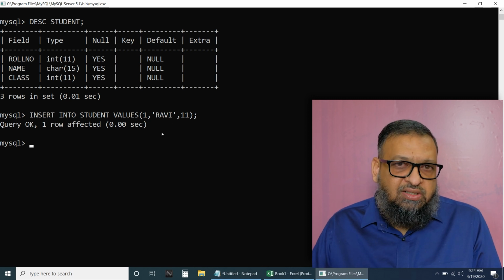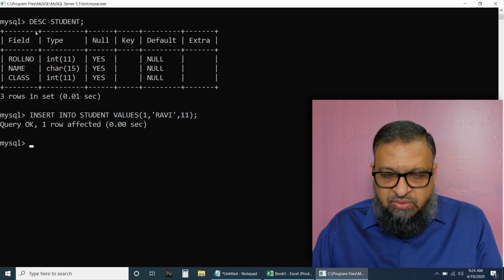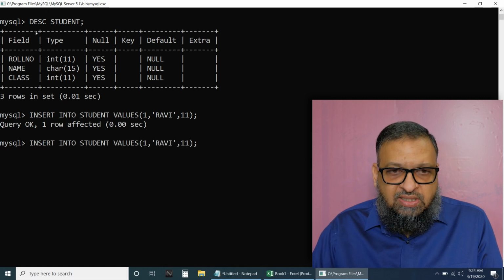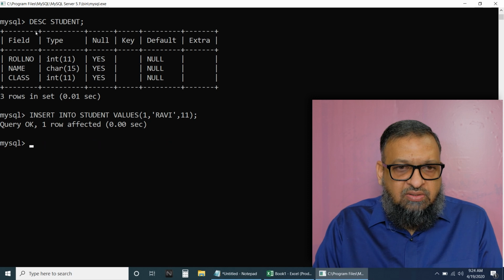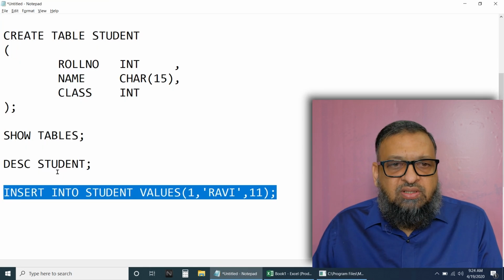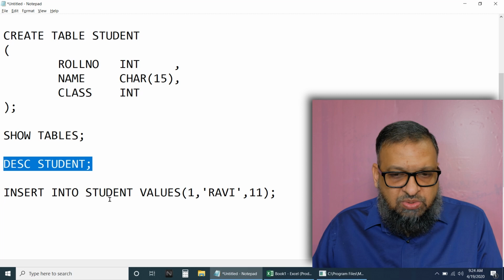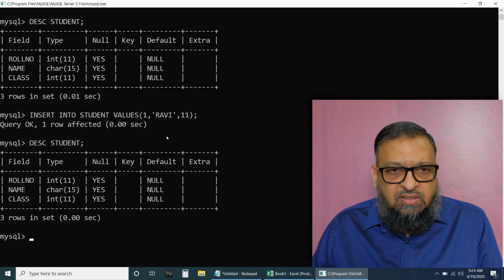Now how to see the table? We inserted the record. Okay. Describe table again. If I press the up arrow, it will go to the previous commands. I will not go there, so as not to confuse you. So describe student. If I say describe student, I will copy paste. Now again it will give the table structure, but we have inserted the record in the table.